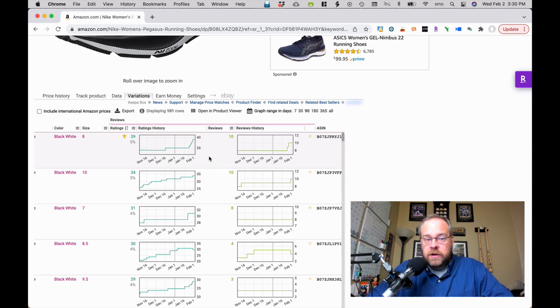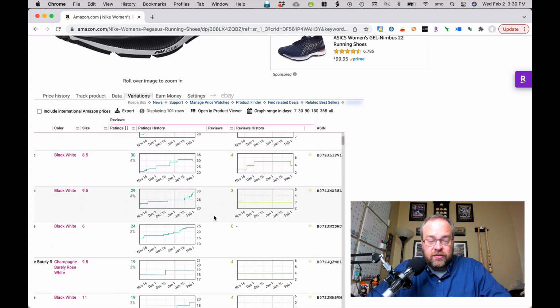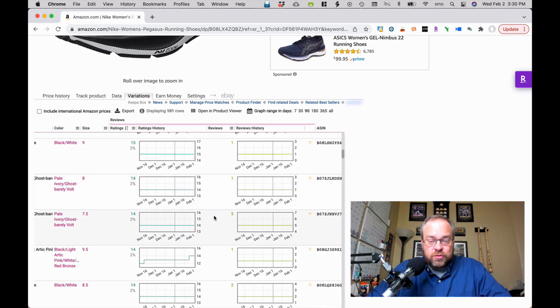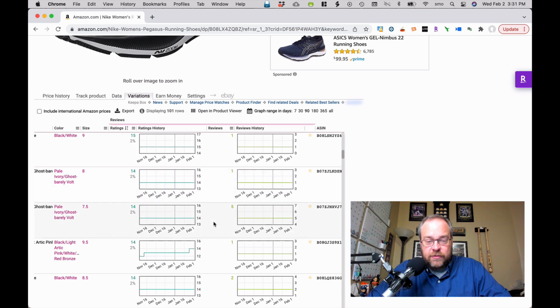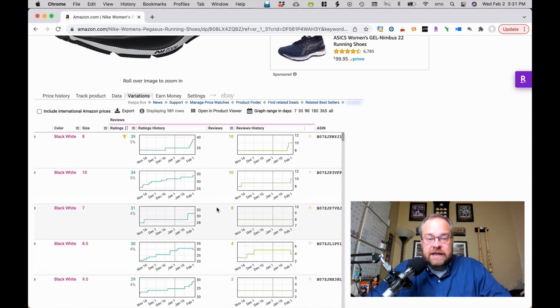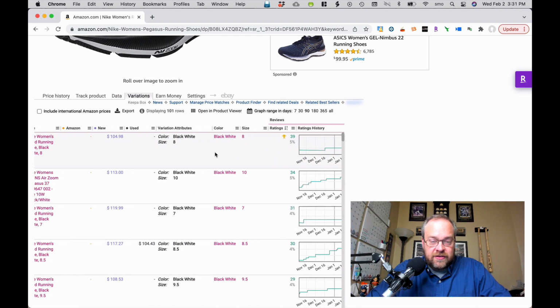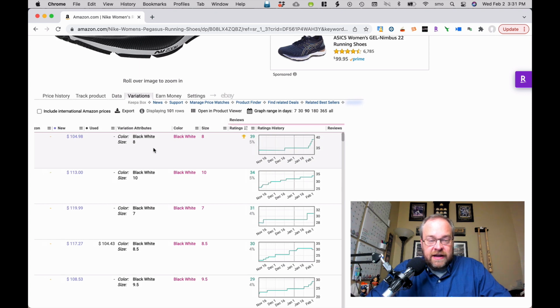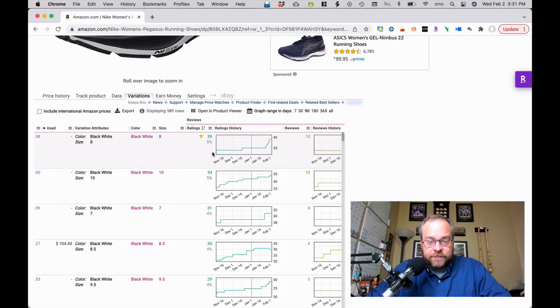If you want to look at the ratings, you can take a look, but you can just see with your eyes that this one didn't get many ratings, but has recently. This one consistently gets ratings over time. This one's very slow, but gets some. And so you can scroll through these and see which ones. Here's some examples of stuff that over the last 3 months got 0 ratings, except for this one right here. So you can just see with your eyeballs which variations, and then you can scroll back to the side and see which variation, which color, which size